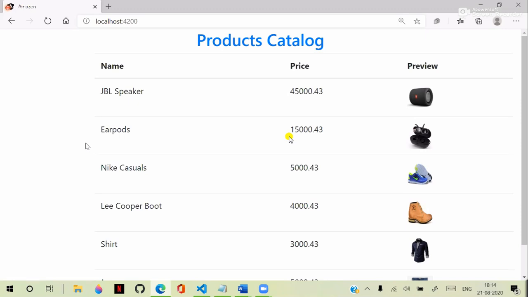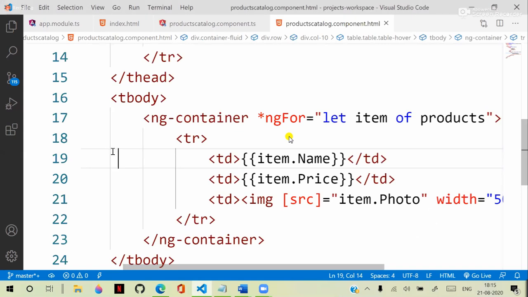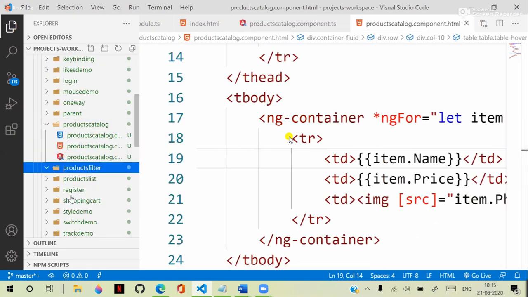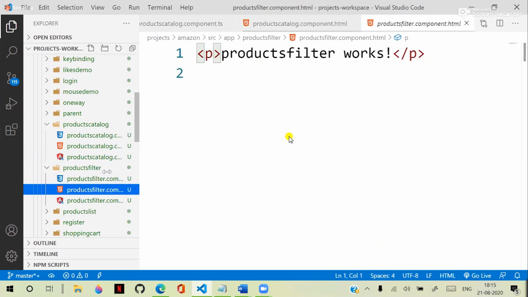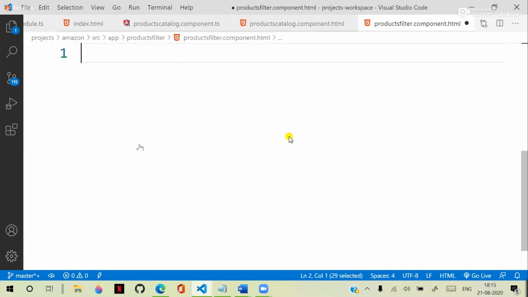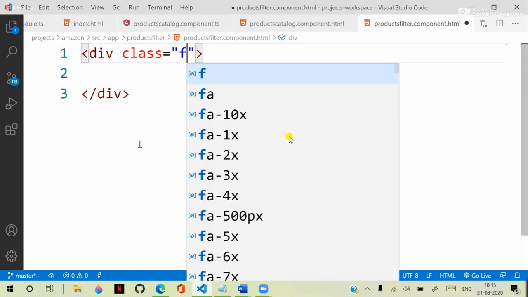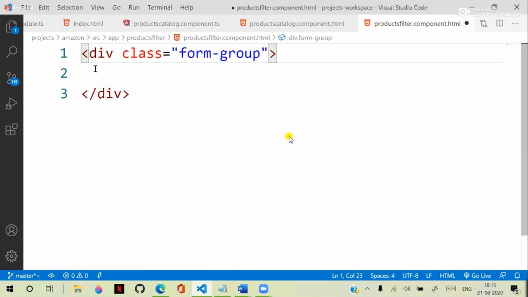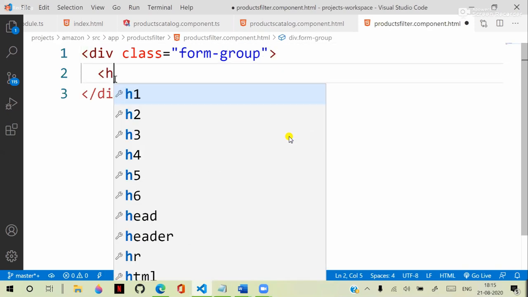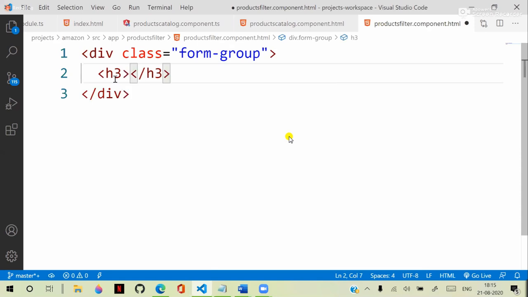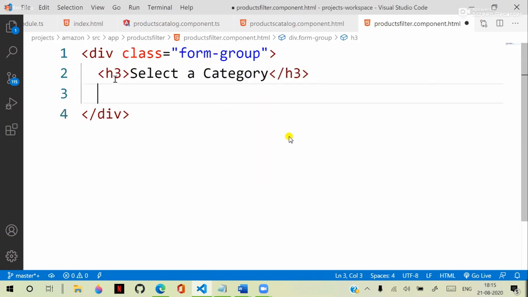Now, in this, we have to define a filter. So let's go to products filter. In the products filter, we are designing a filter. This time I am using a div. So class as form-group, and so here we have a header. So just say select a category, and this time now I am using an unordered list. In that list item,